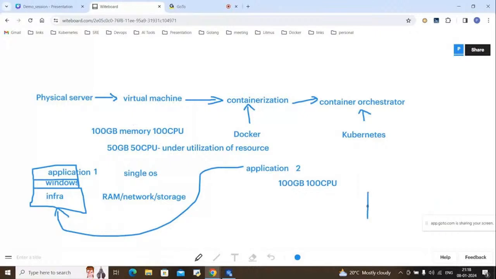So that is, you will buy another infrastructure setup, and then you will install the same OS where the particular application wants to run. For example, it is also Windows OS. And then